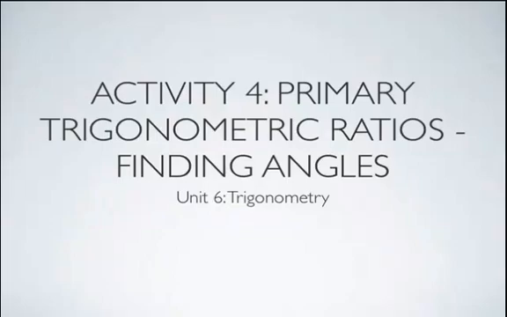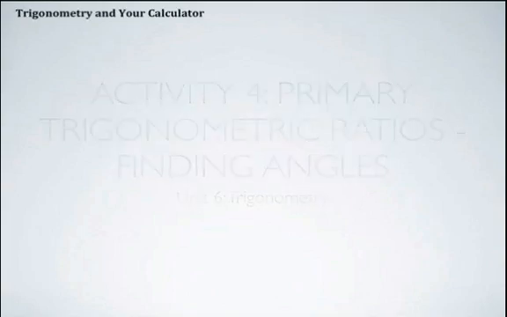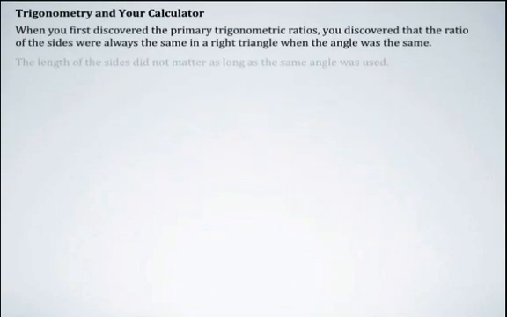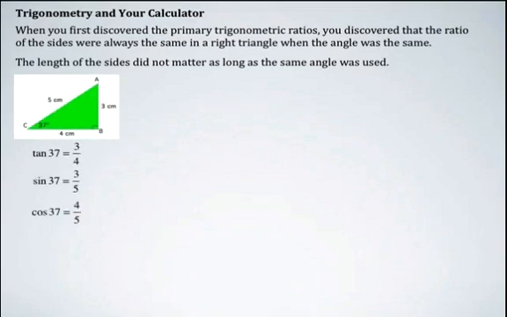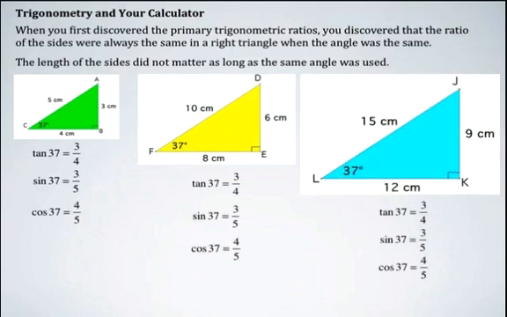In this activity, we're going to look at using primary trigonometric ratios in order to find missing angle measures. And we're going to review back a couple of activities ago, where we found that for similar triangles that had the same angle, in other words, so let's say we looked at these three families of right triangles, in every case we had a 37-degree angle, and for that 37-degree angle in all three triangles, the tan ratio was 3 over 4, the sine ratio was 3 over 5, and the cosine ratio for that 37-degree angle was 4